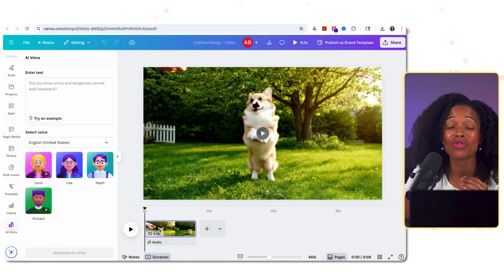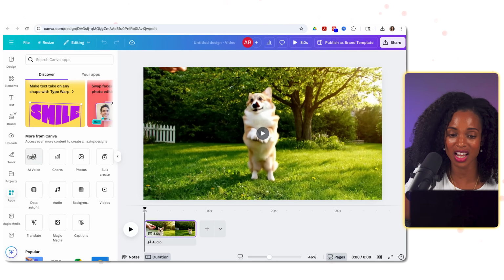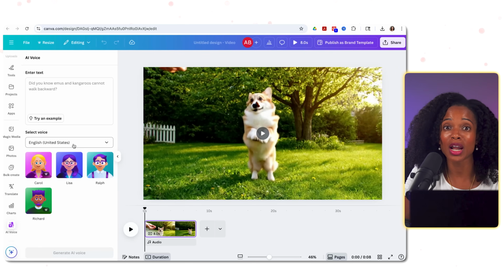And this allows you to put in voiceovers for your videos, slideshow presentations, or other materials. So we're going to add a quick voiceover for this video. To access this, we're going to click on Apps on the left-hand side, and then we're going to click on AI Voice. And now we can add a prompt right at the top for what we want the avatar to